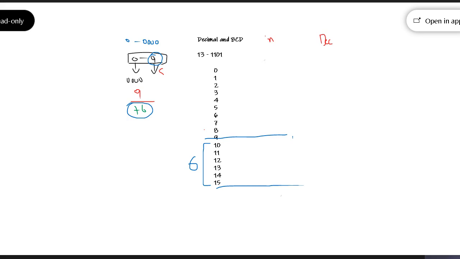So why we add plus 6 is because 0 to 9 is the only values you can represent as decimal. So these are 10 digits, the representation of decimal. In BCD, these are the extra ones. So that's why you add plus 6 to the number to get that particular equivalent value. Are you guys clear with this? So this is nothing but BCD operations. You add 6 so that the one carries out to the next BCD digit.